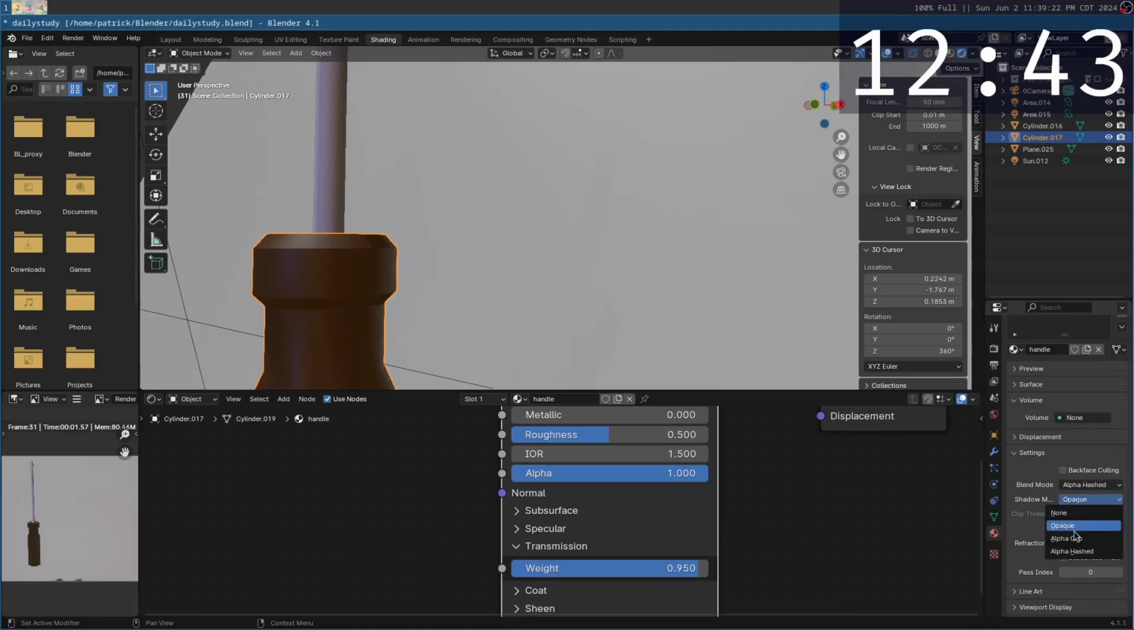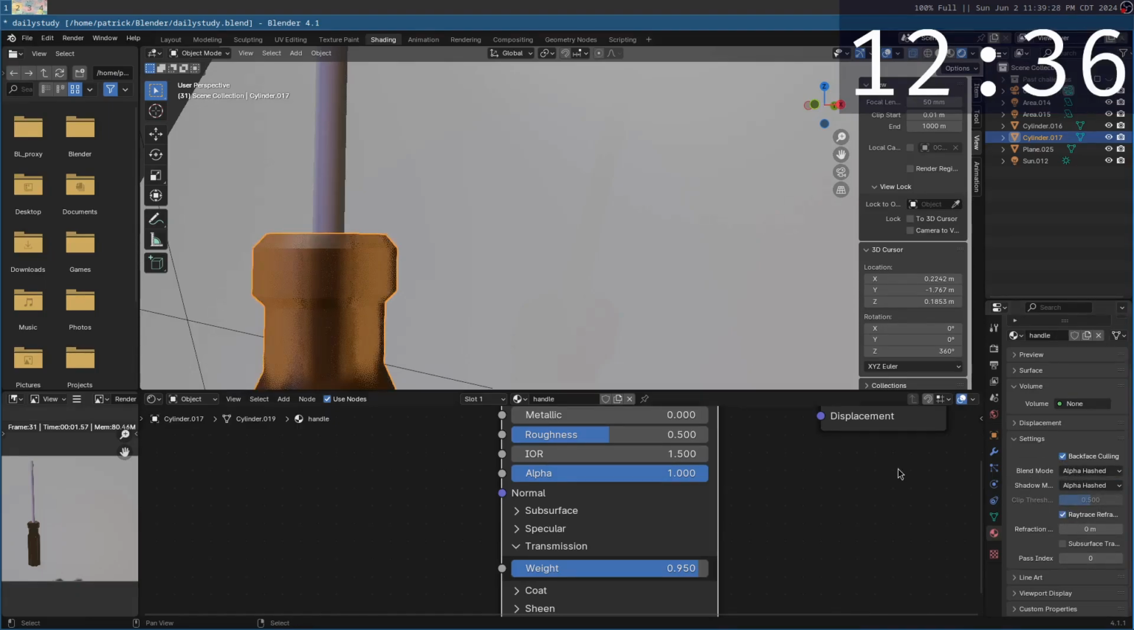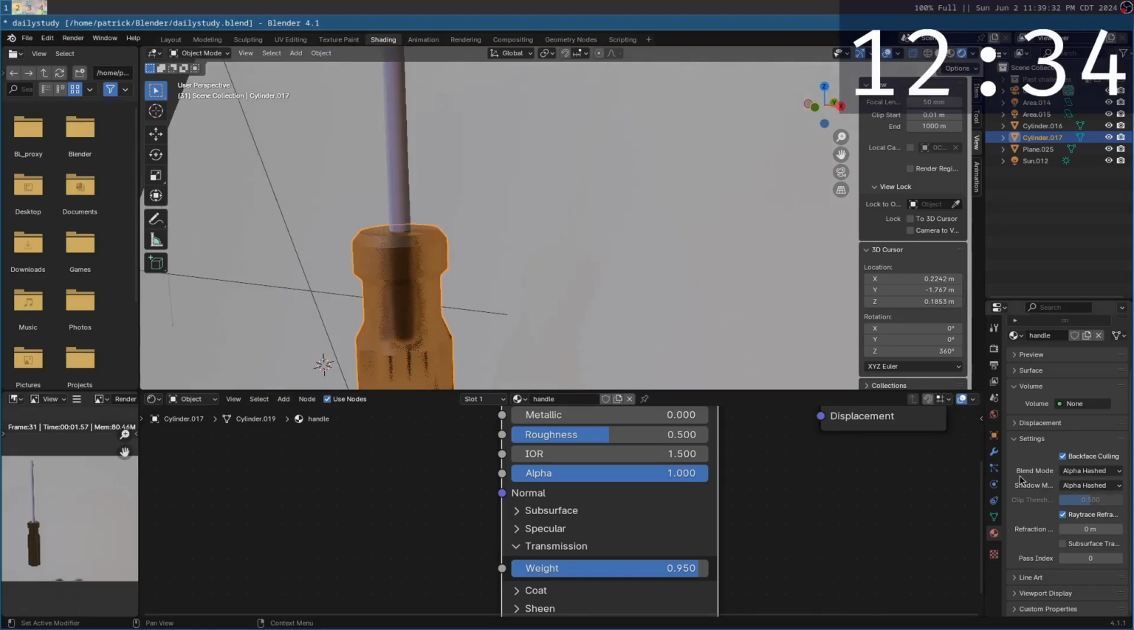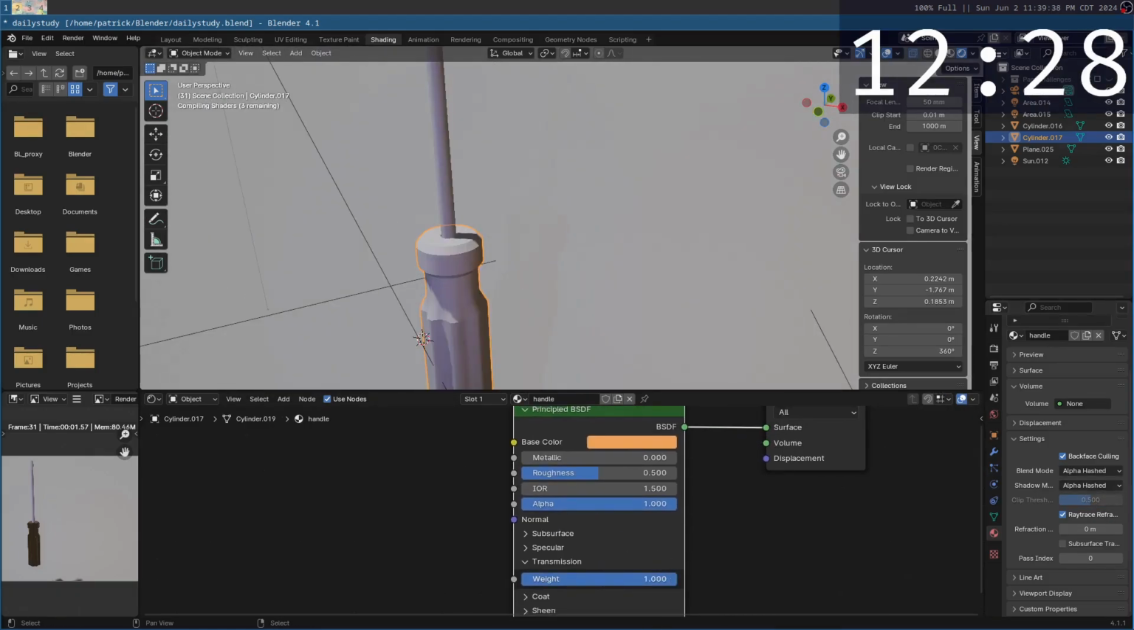So we have alpha hashed, shadow mode alpha hashed as well, backface culling on, ray trace refractions. That's the setting we wanted. It's been my bad the whole time. Okay, all right, it's perfect. Okay, so we'll turn the transmission on pretty much all the way, the IOR down to, like I said, 1.466,